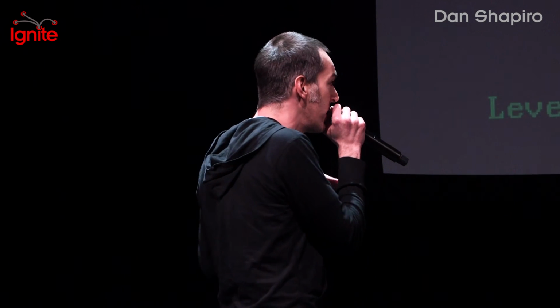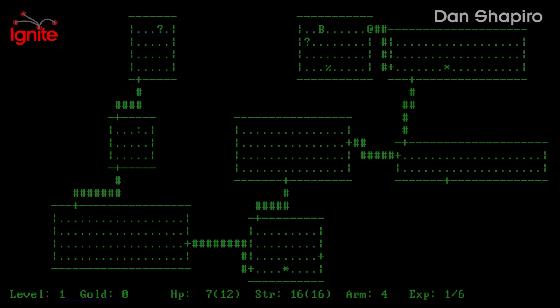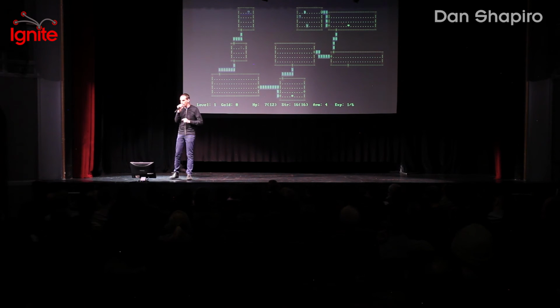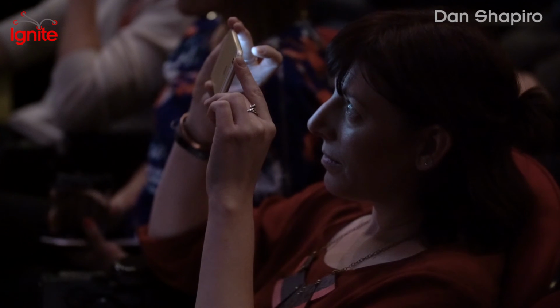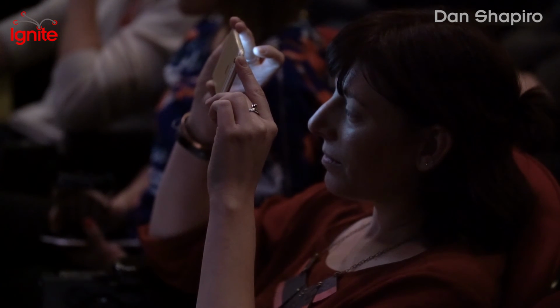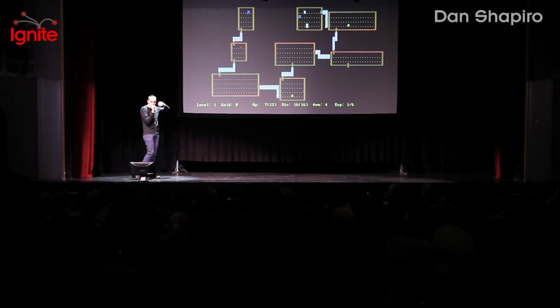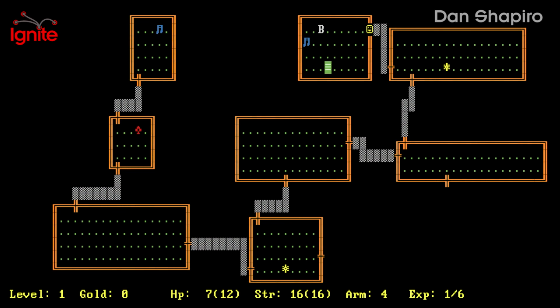Now, I recognize that green is not for everybody. This is a very old game, and it uses very old graphics. But I do have good news. For those of you who like the more modern experience, Rogue has in fact been updated in scintillating color. So you can choose from a host of platforms to pick the design and appearance that's right for you.